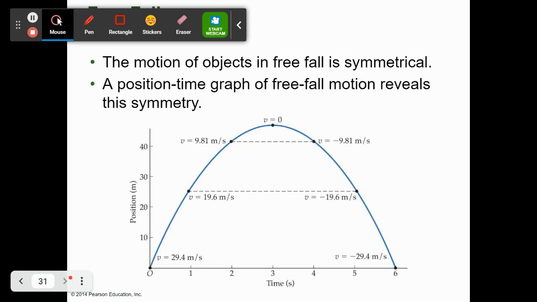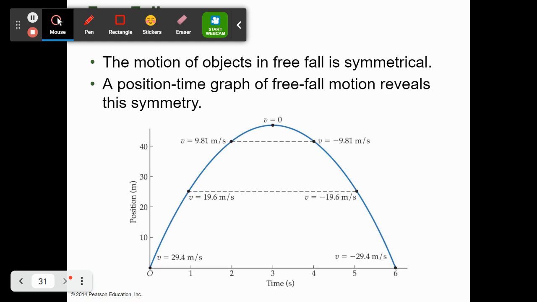Okay, so here is a graph of an object in free fall. It is not a straight line, obviously, and it is an upside down parabola. So let's look at what is happening at each stage of the object in free fall. Let's see if this is anywhere in your book. Yes, this is on page 101. So position and velocity change differently in free fall. Look at page 101, or you can jot this down in your notes.